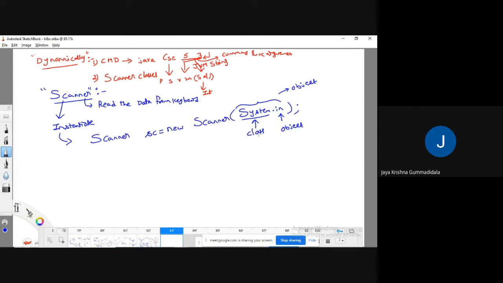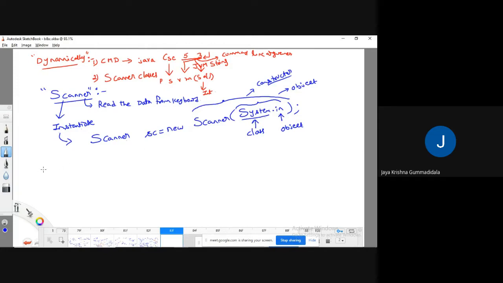When you write like this, the meaning is you are instantiating the Scanner class by passing an object, and that object is the System.in object. In further classes I will explain that we call this a constructor. For the time being, just understand that System is a class and in is an object.